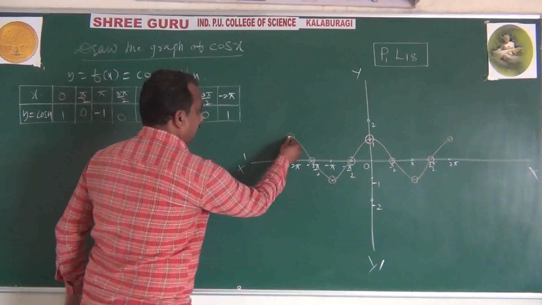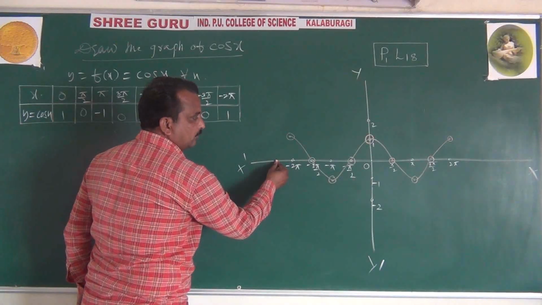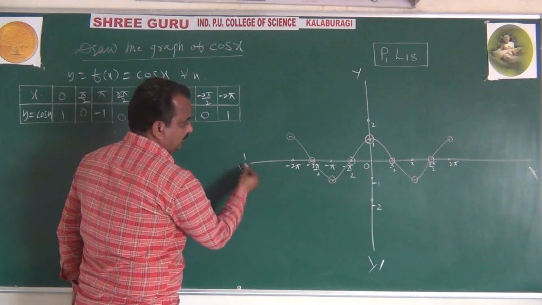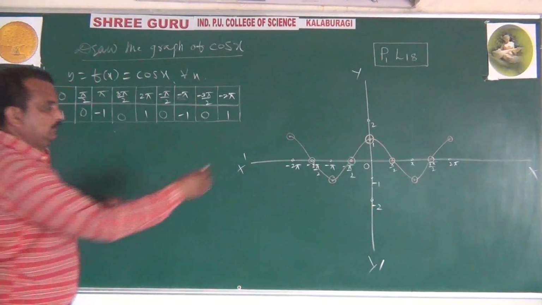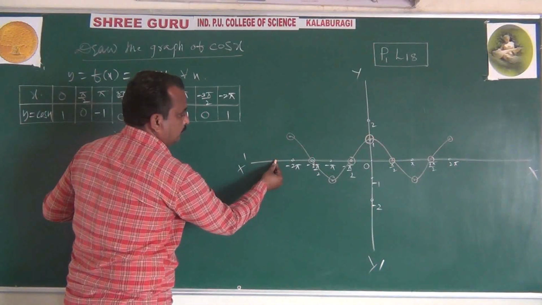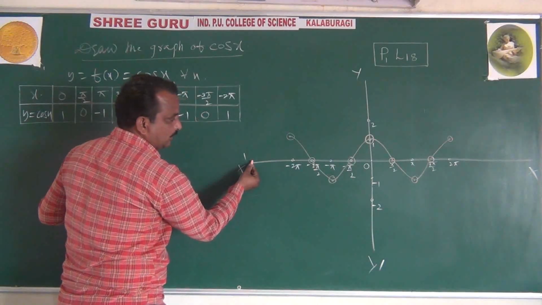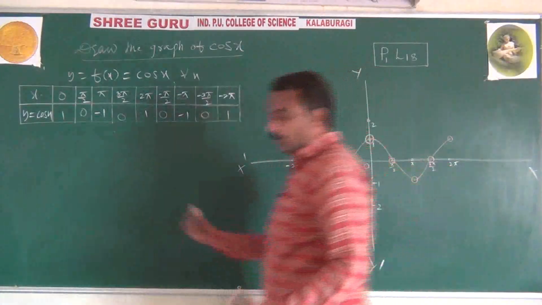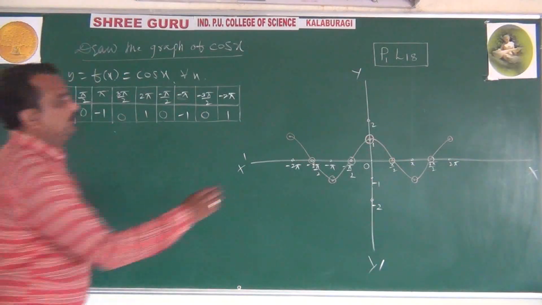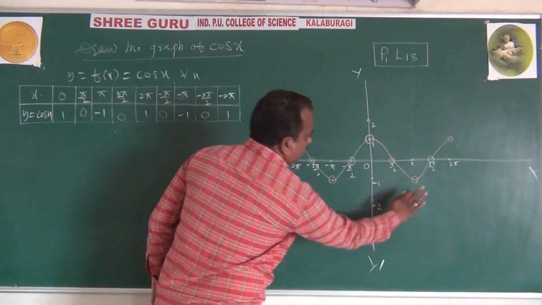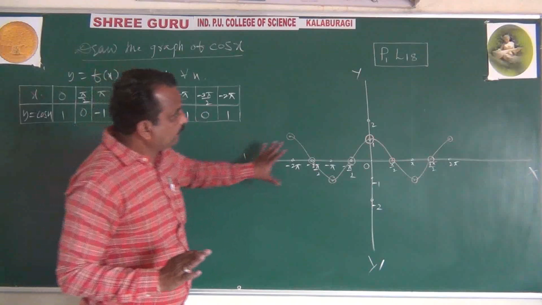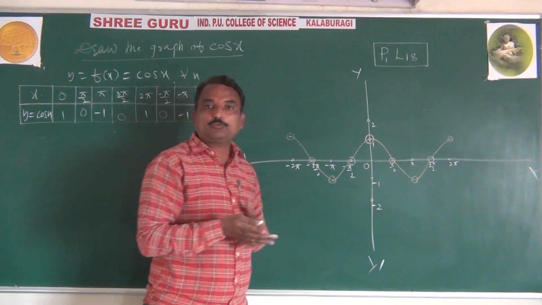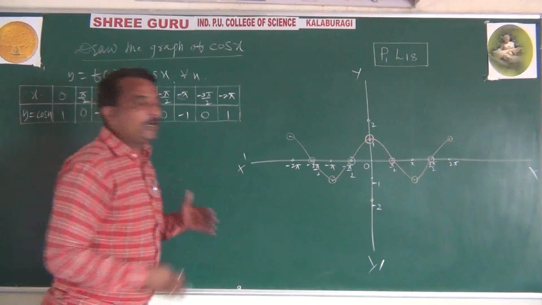So it comes down again at minus 5 pi by 2. At 3 pi it is plus 1 again. At 5 pi by 2 it is 0, at minus 3 pi by 2 it is minus 1. Like that it goes. So this is the graph here, and it oscillates between these values. Now let us see the range of this graph. This is the plus 1 and this is the minus 1. The graph can't proceed beyond 1 and minus 1. It oscillates between 1 and minus 1 only.